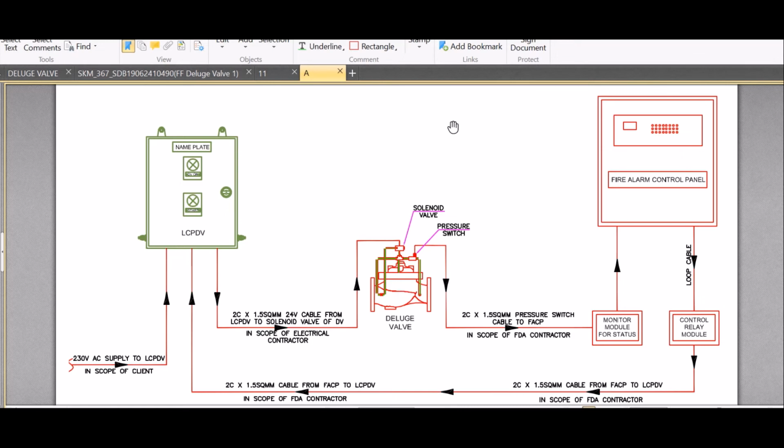As I told you, in the zone where the detector detects the fire, it will send the address of that location. The pressure switch will send the same location, and it will verify that the zone is also withstanding the fire through the water flowing from the deluge valve. So this way the water curtain system works, and this is the main system.